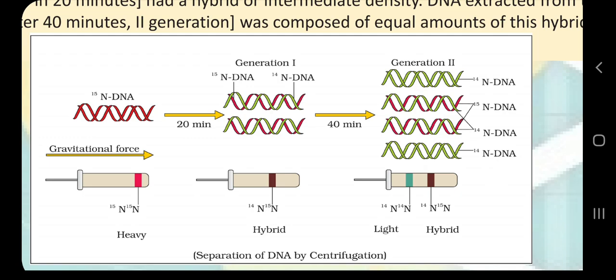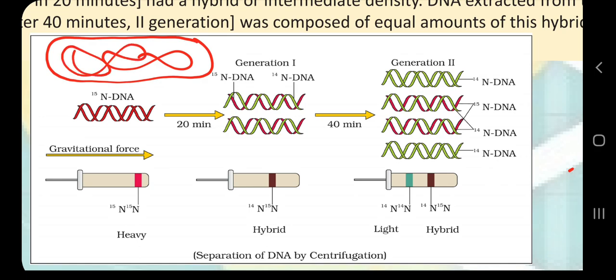Our body has several types of chemicals, molecules and things. Where do these things come from? These things come from our food. So if you want to incorporate N15 or N14, which means heavy nitrogen or light nitrogen, in any DNA molecule, you have to feed the DNA. How can we feed any DNA? As I discussed earlier, we do experiments in bacteria when it is related to DNA, RNA and protein. So how do we feed the bacteria?